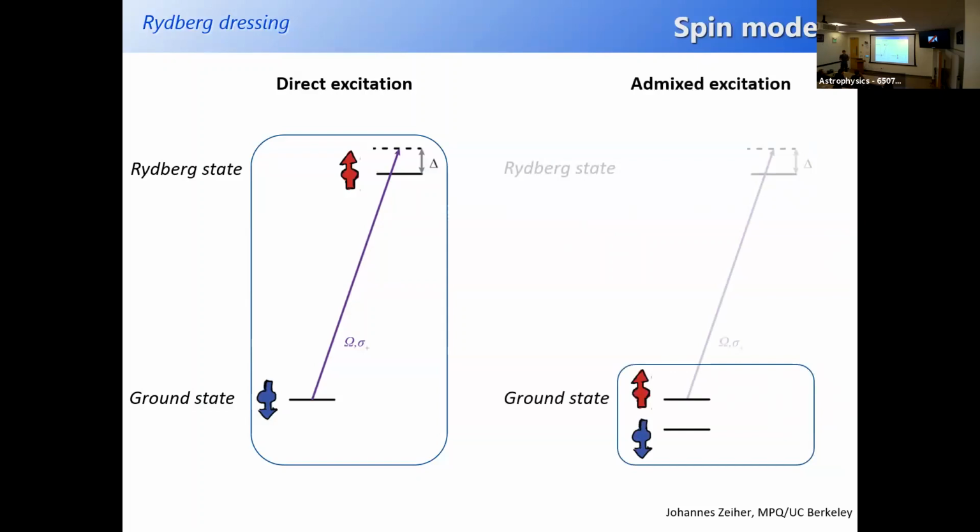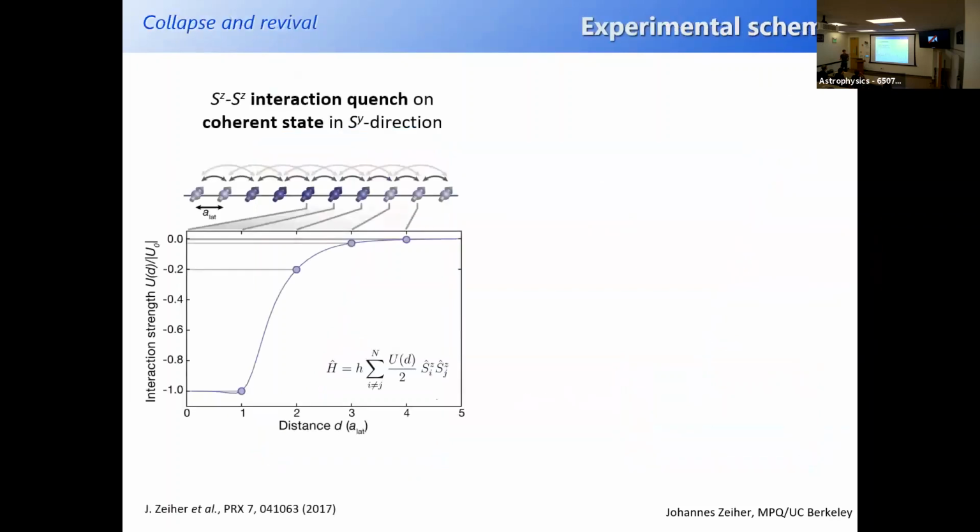And of course, everything I said so far was kind of a theoretical concept. There are different proposals about admixing the interactions of the Rydberg states to the ground state, but it hasn't been shown. And the first thing we wanted was actually to show that what was predicted is true, and we wanted to do that in a spin language. So what we set out to do was to try seeing the interaction in a quench experiment.